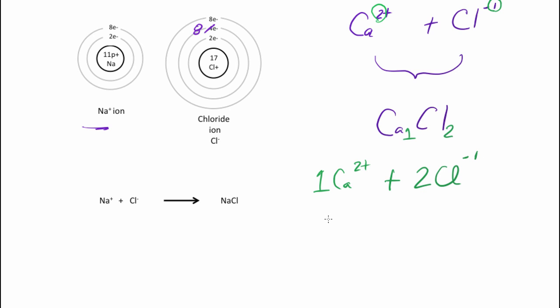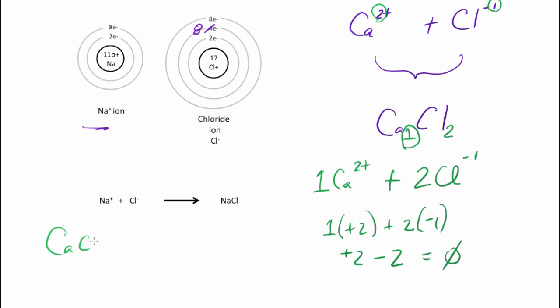And so what we're doing is, watch, I have 1 times a positive 2 plus 2 times a negative 1. So I have a positive 2 and a negative 2 that come together and give me a net charge of 0 on this formula. So again, we don't generally write the number 1. So this compound, CaCl2, is an ionic compound called calcium chloride. It's not an especially soluble one, but if I put it in water and work at it a little bit,